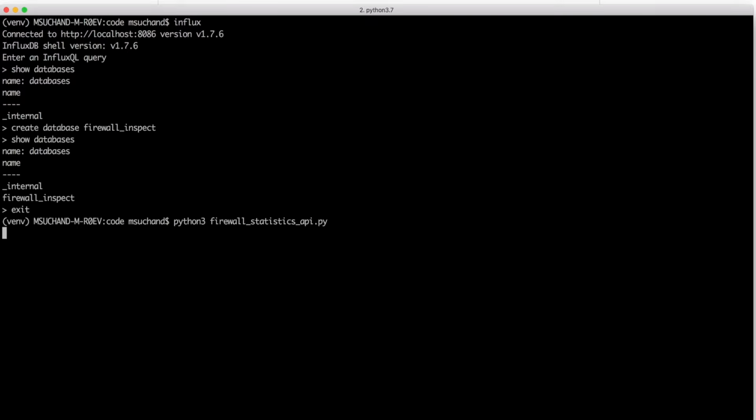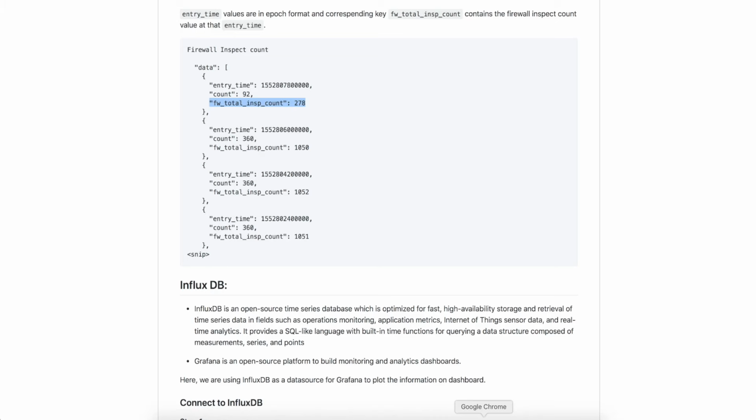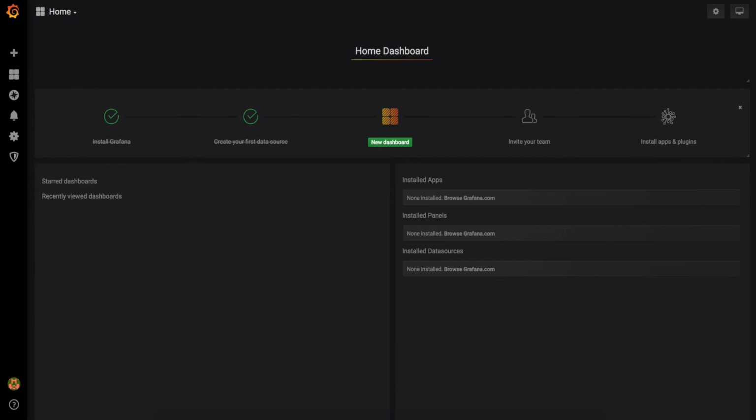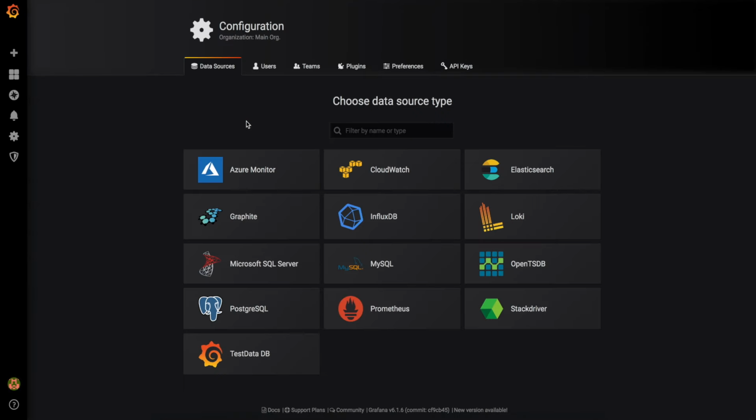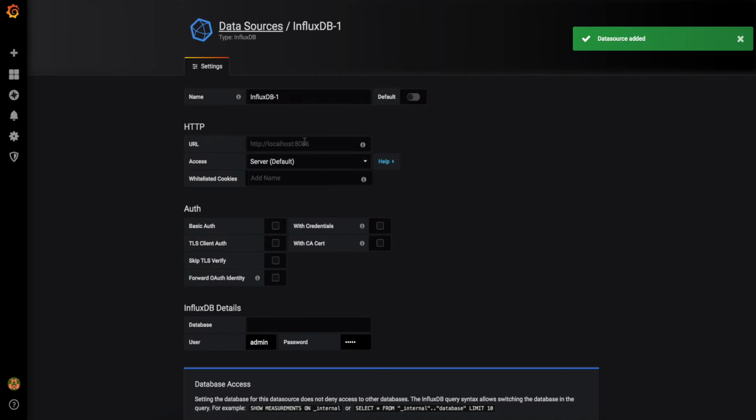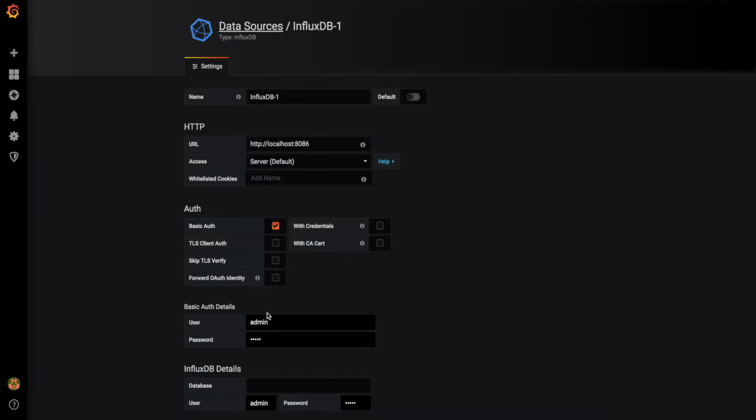Once I run the script, we can see that we have written 49 sample points to the Influx database. Now let's go to the Grafana dashboard and add the data source, and let's visualize the data that we have written in the InfluxDB. Click on Add Data Source and select InfluxDB. In this workstation, the InfluxDB is running on port 8086, so I select that here, and it's using basic authentication. We provide the username and password for it,